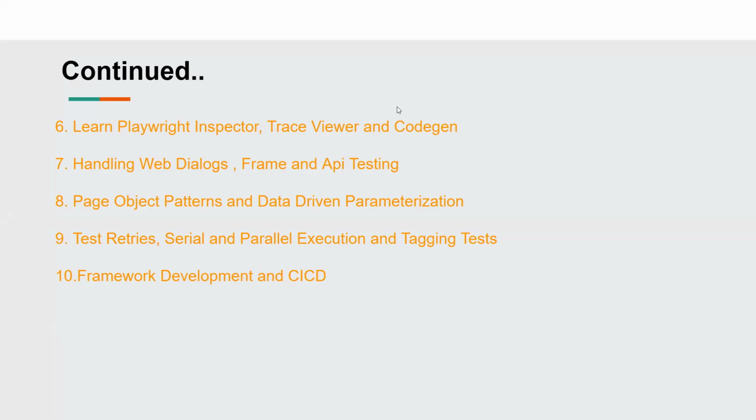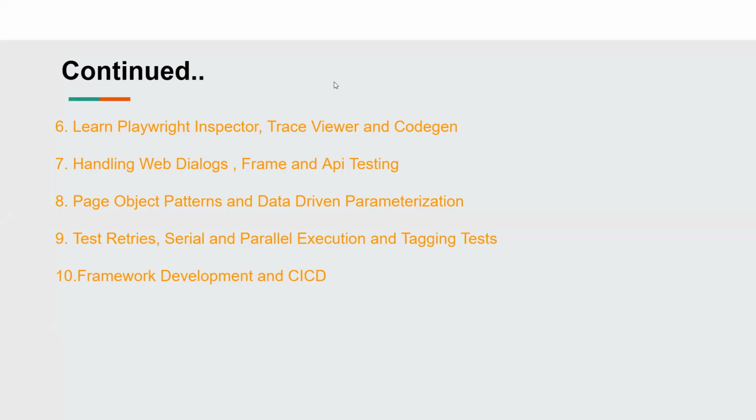And we'll also look at the framework part, how a framework is developed. Once the framework is developed, we'll push it into Git. We'll look at the commands of Git, how to set up Git, how to clone it, what the branches in Git are, what the local branches are, and how to create them. So we'll look at all these factors of Git.